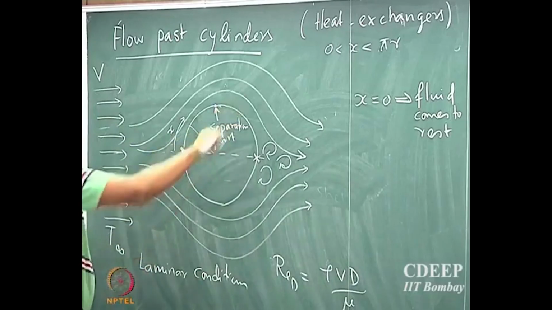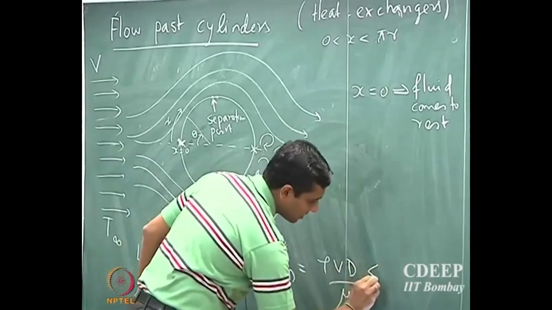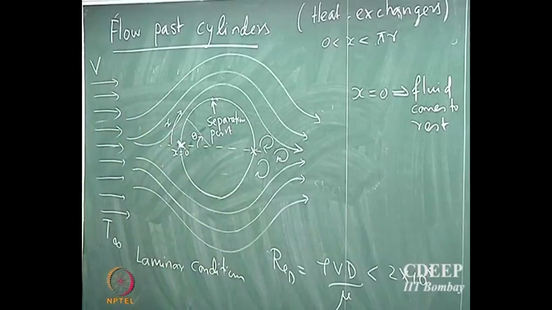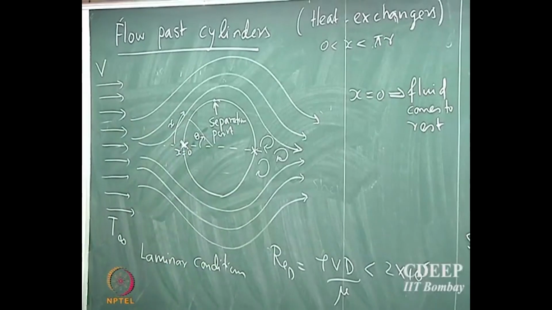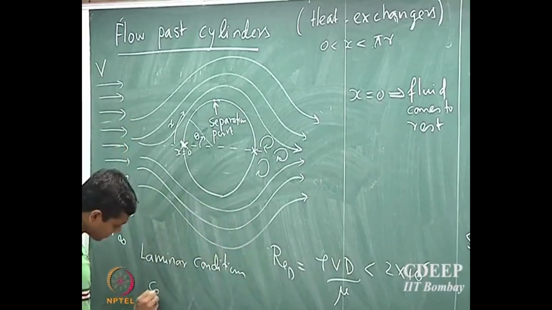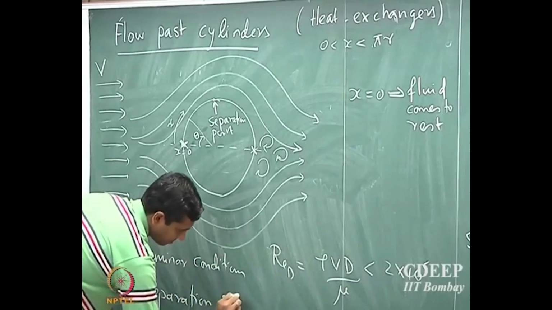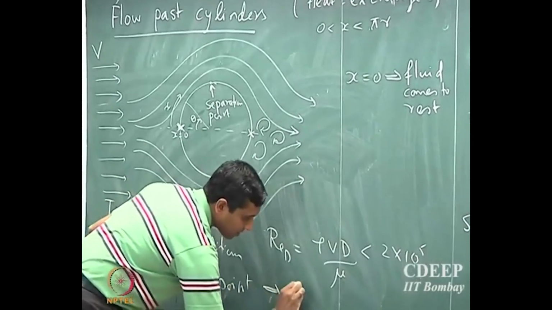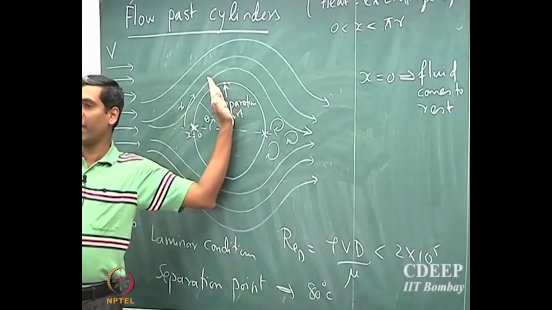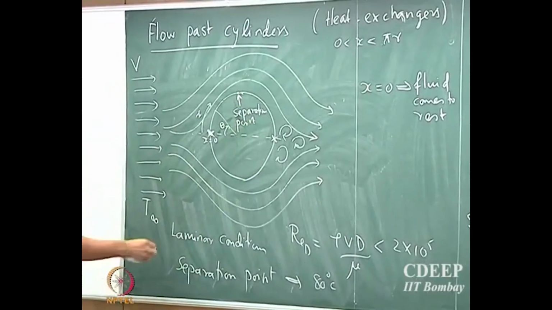If d is the diameter of the cylinder, the Reynolds number is defined based on the diameter of the cylinder. If this is less than 2 into 10 power 5, it's considered laminar conditions, and under laminar conditions the separation point is approximately at 80 degree angle. Under turbulent conditions,